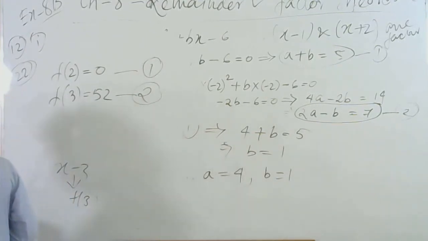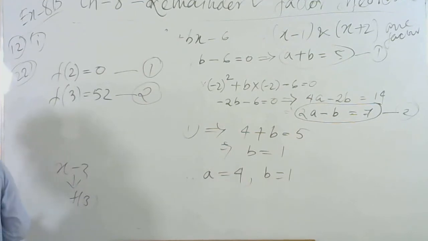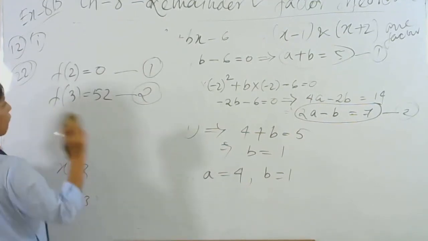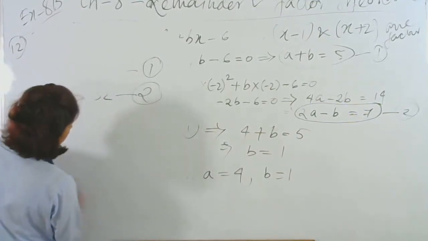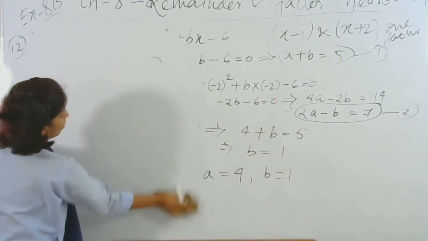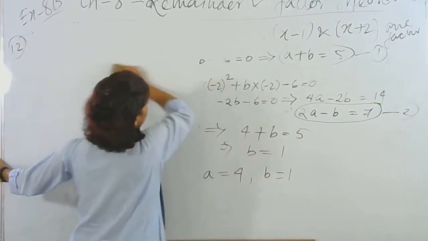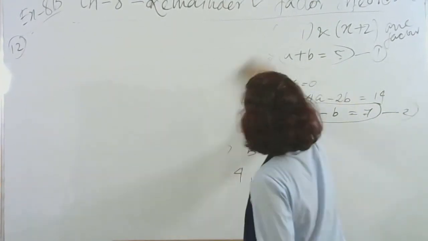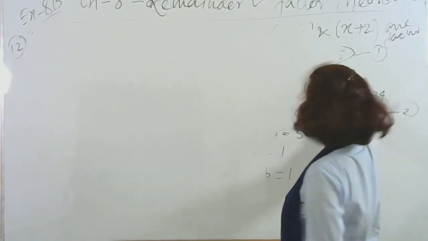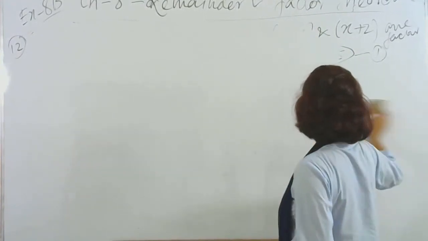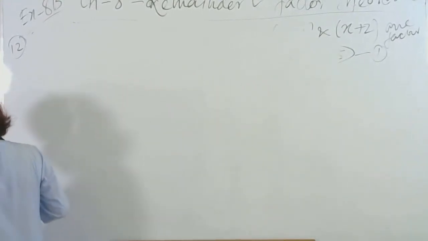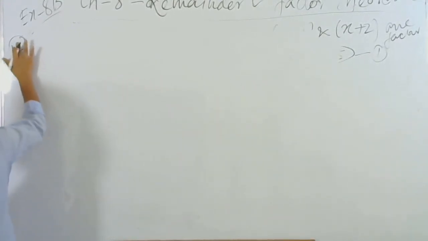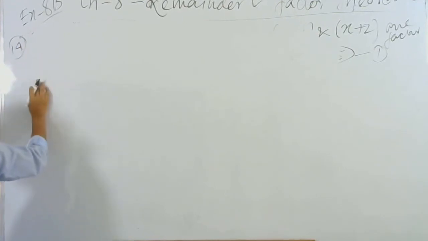Alright. Then you see question number 14 to question number 19. From question number 14 to question number 19, they are of the same type and very important also. You get such type of question in your board exam. Sometimes they ask you to find all 3 factors by yourself. They don't give you any of them. So you have to solve the whole by yourself. I'll show you one.